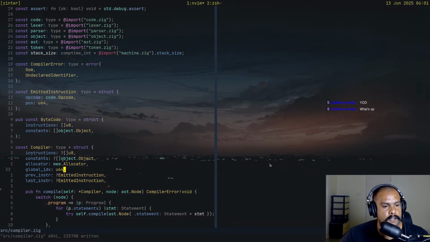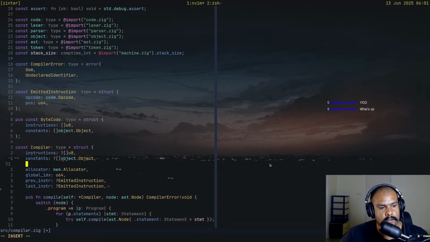Okay, I think we need a second slice, or a third one at this point. Global variables, optional. Yeah, slice of const u8,